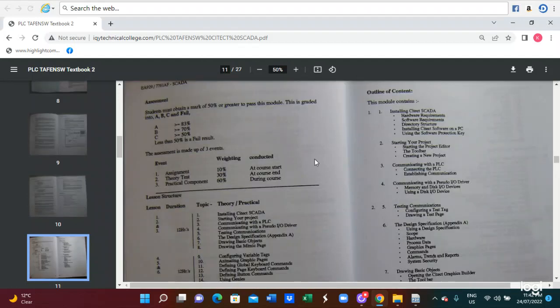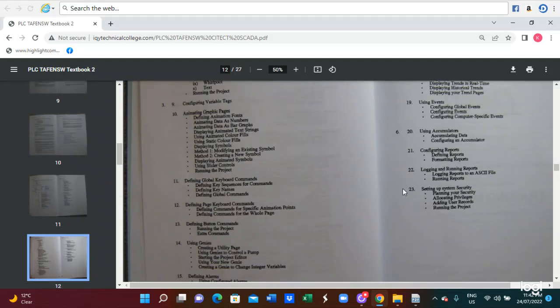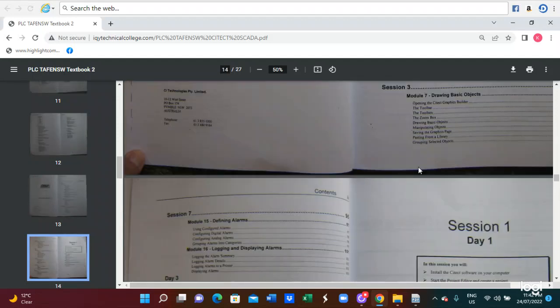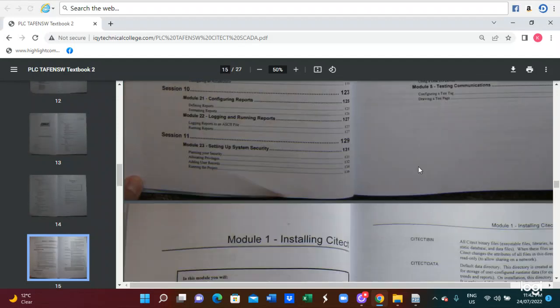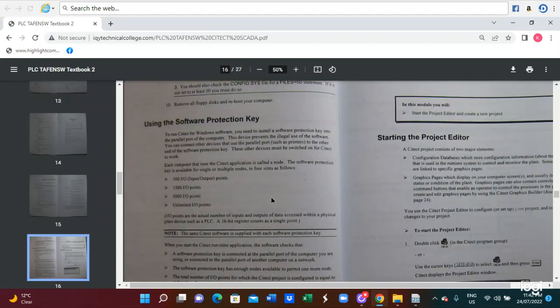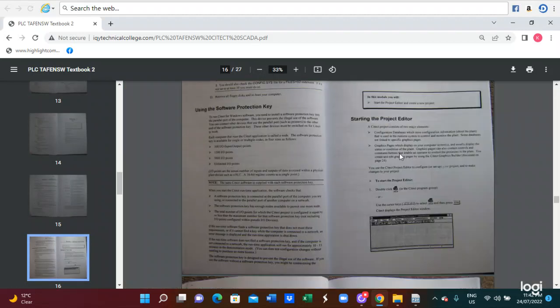The components of the series SCADA system you can also see, or the training manual. So this is for the communication hardware requirement of the series SCADA system. And the next one will be